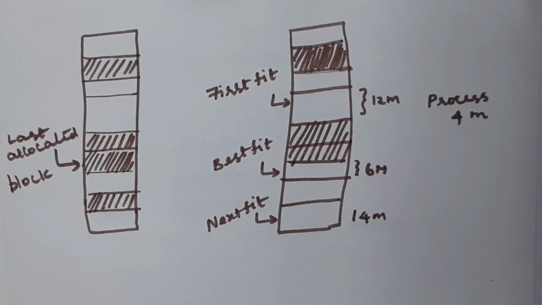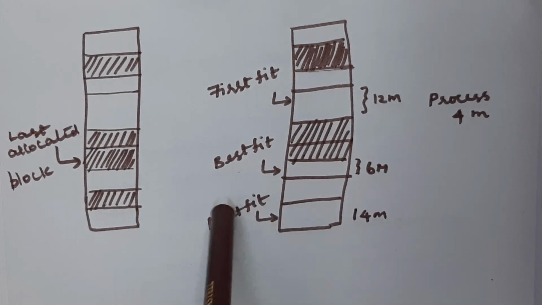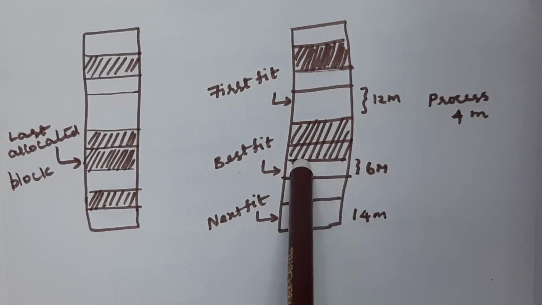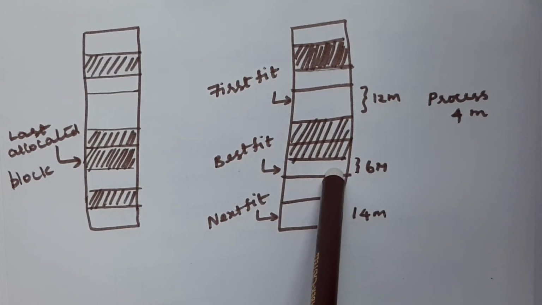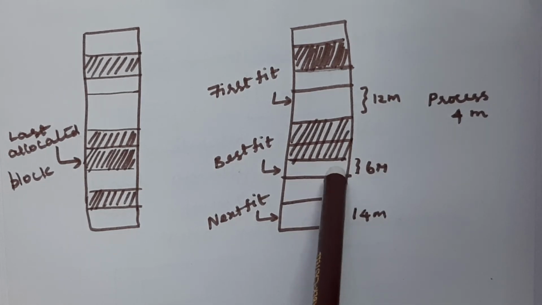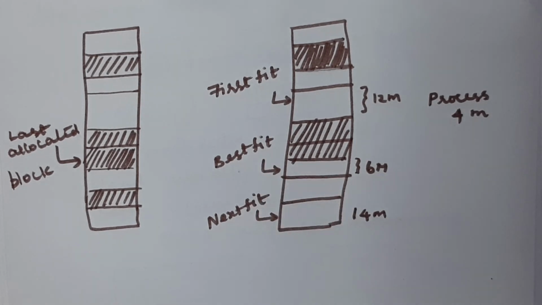Next fit is nothing but, from the last allocated block, we need to search for what empty space we have. So we will be searching only at the bottom of the memory, because the search is not done from the top section of the memory. We are just searching after the last allocated block. Say for example, if this partition is the last allocated partition, then after this you need to search which partitions are available to hold the process.